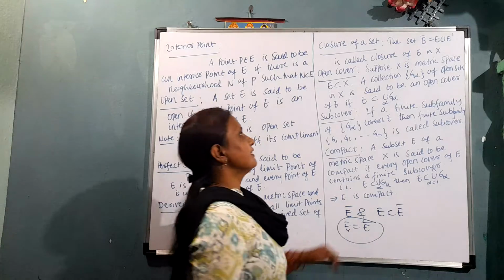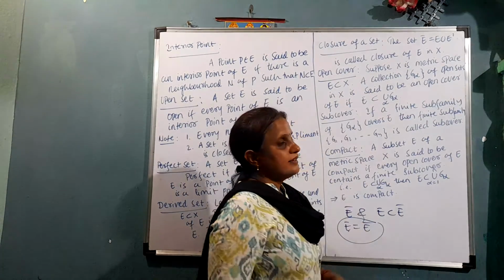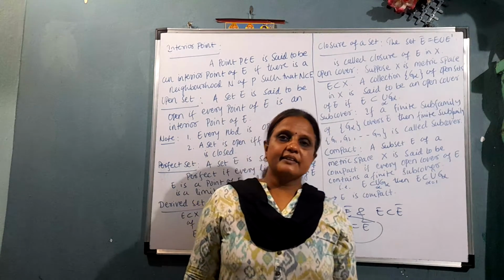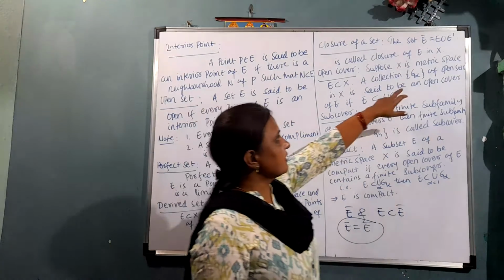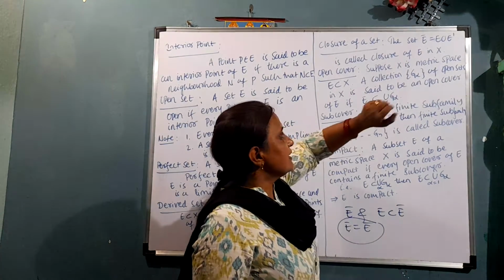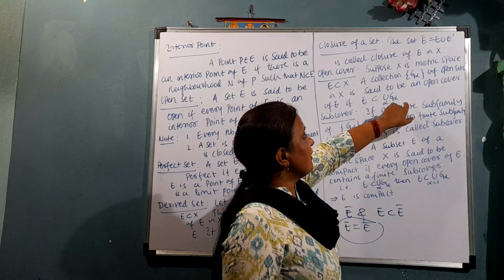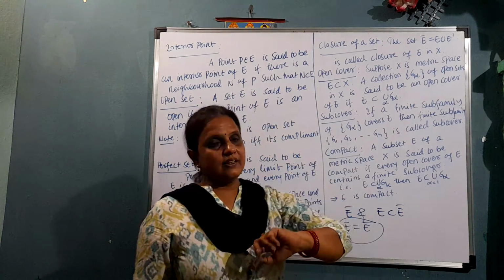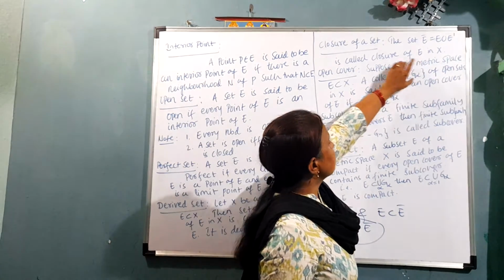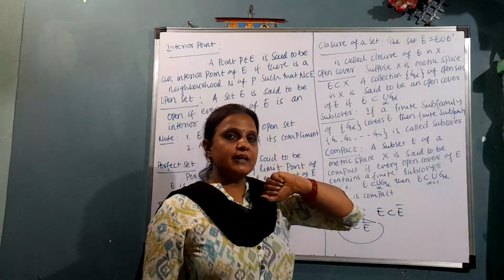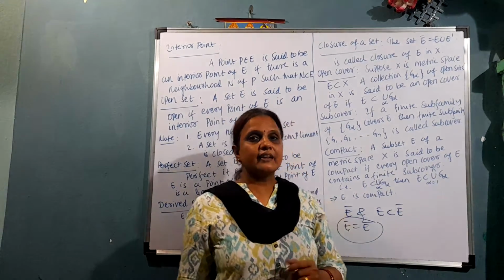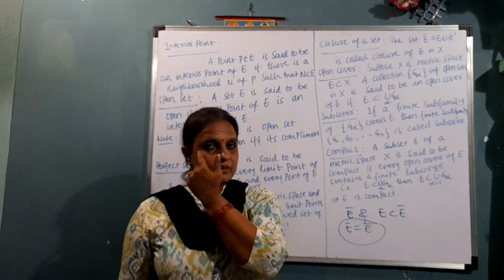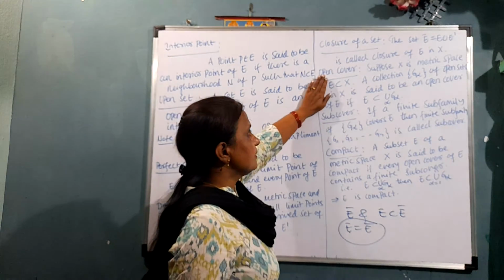Now, the next definition we have is open cover. Suppose X is a metric space. Every set may be contained in some open sets. We consider a collection of open sets. Suppose the union of these open sets covers X, such that E is a subset of the union of G alpha, then this collection is called an open cover. An open cover is not one single set, it is a collection of sets. So alpha may be finite or infinite. Generally we assume that it is infinite, and it is said to be an open cover.